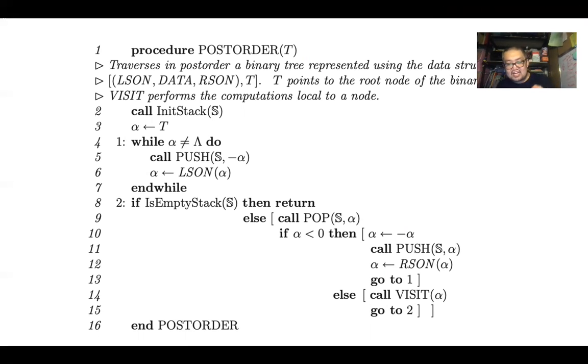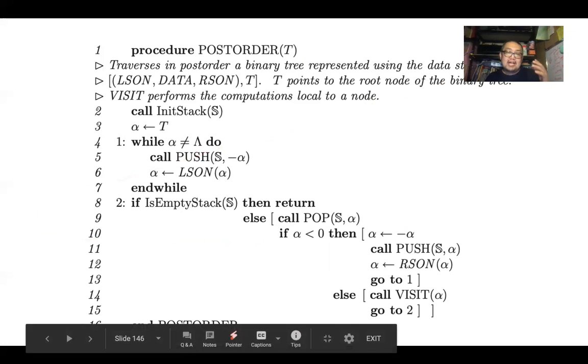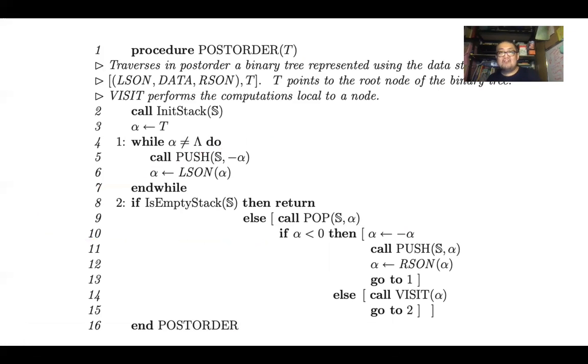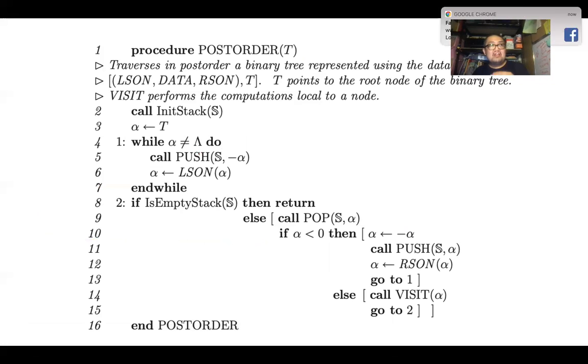So we will be putting the node in our stack twice. However, the challenge there is how will we know if this is the first time we are putting that node in our stack? And how can we differentiate it with the second time? If it is the first time we put it in our stack, then when we pop it, we will be doing a post order call to the right subtree, or if it is the second time that we have popped it, then we should visit that node.